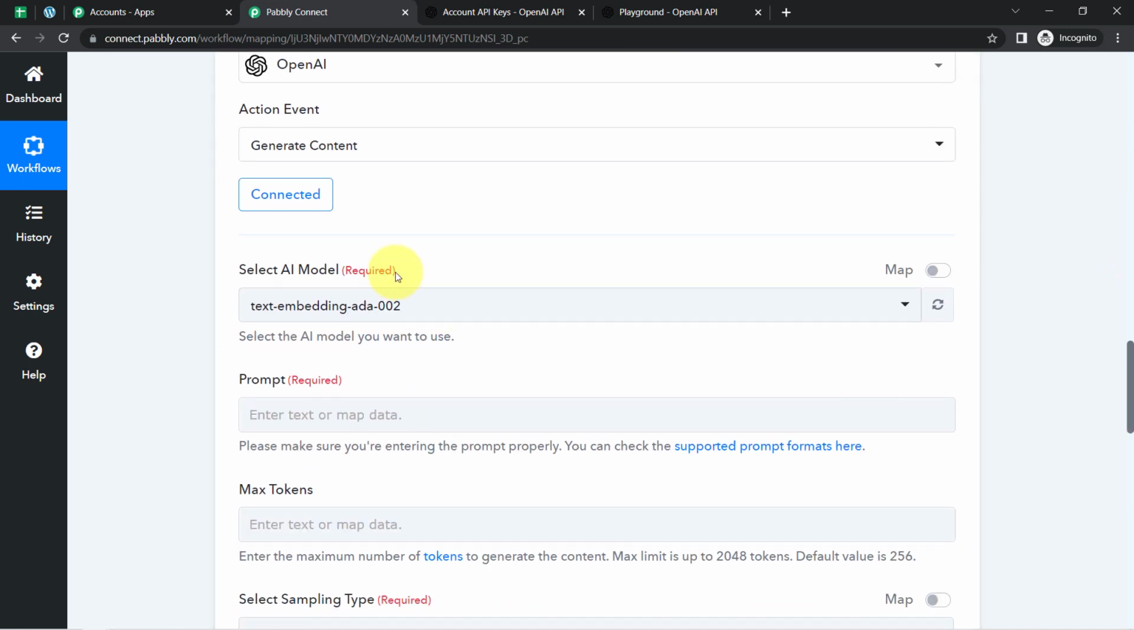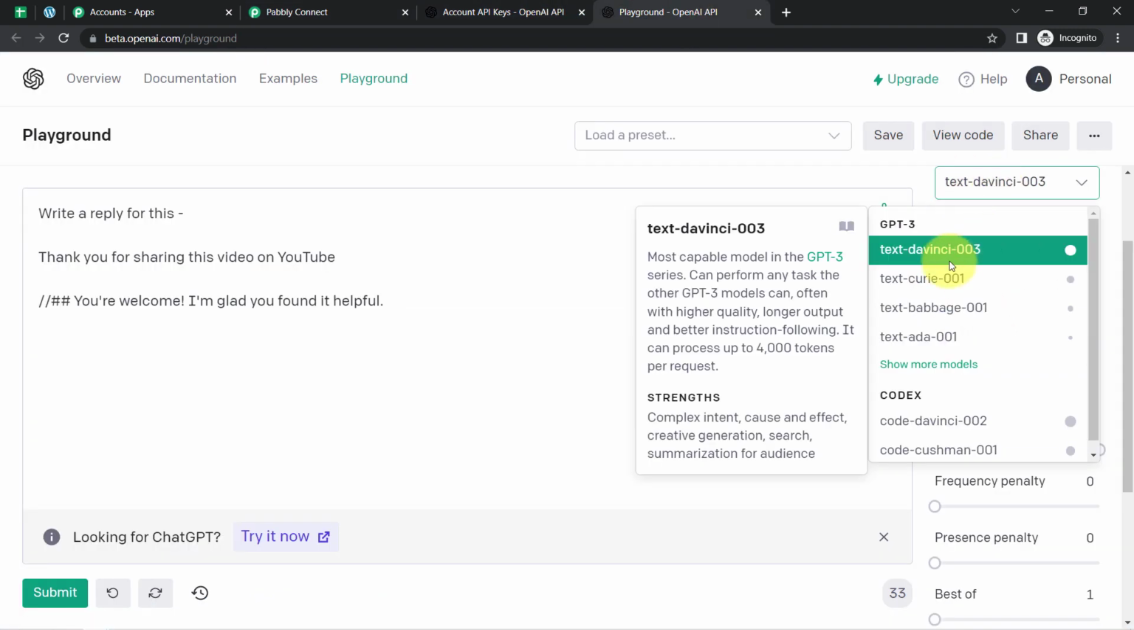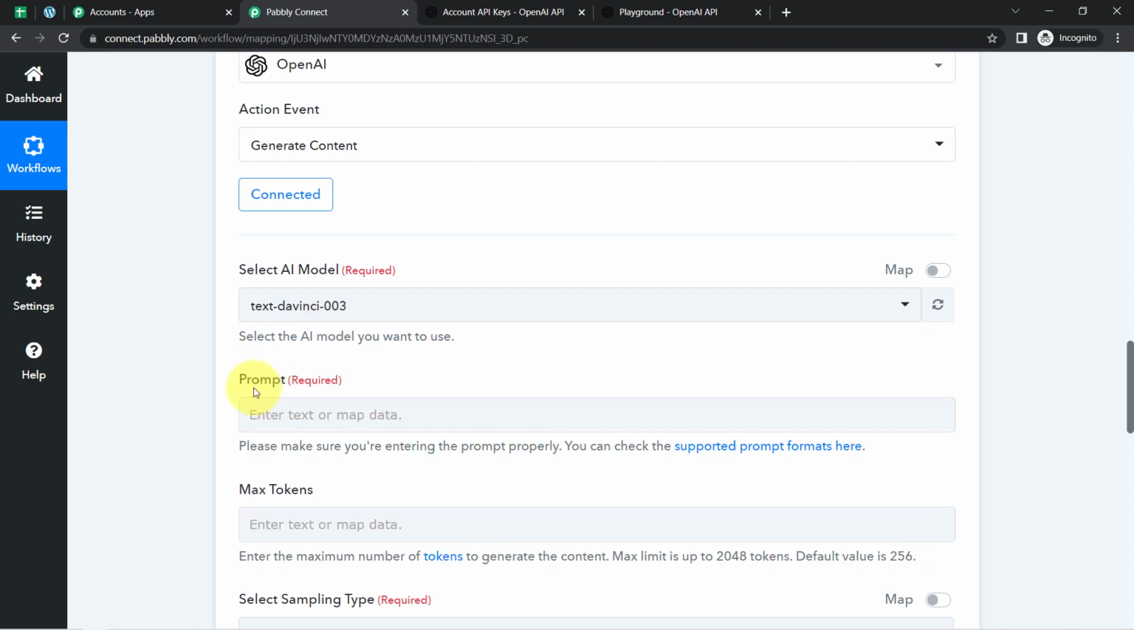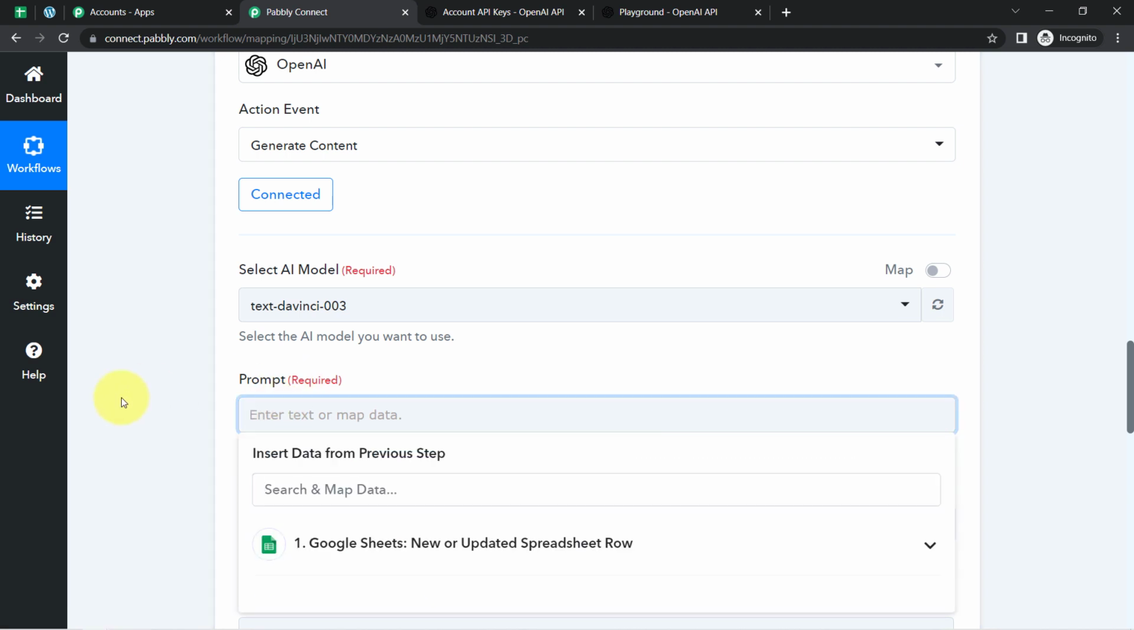Now it is asking to select the AI model. I have just told you that text-davinci-003 is the most capable, so let's go with the same, text-davinci-003. It asks for the prompt, the instruction, and you can check the supported prompt formats directly from here. For now I am going to provide the prompt as "write an article on," and let me correct the spelling, and then provide the title which we have fetched from our Google Sheets